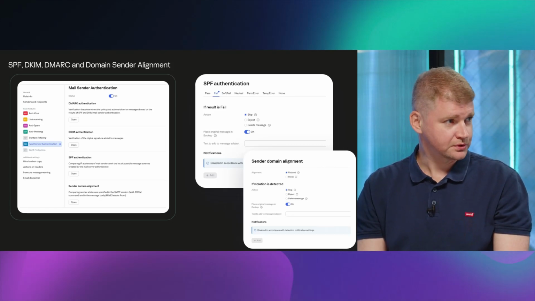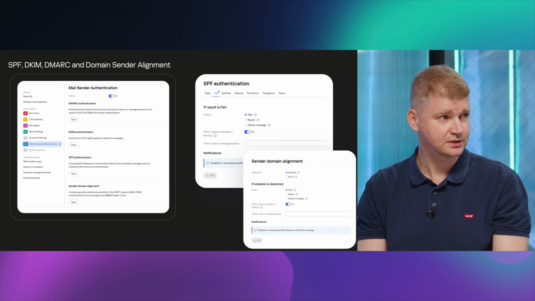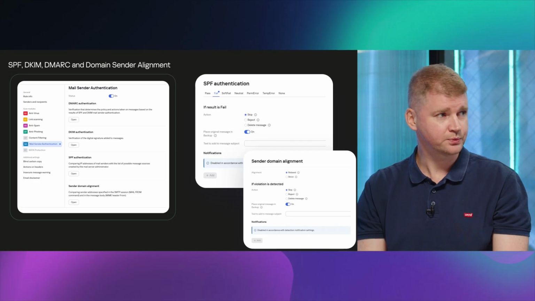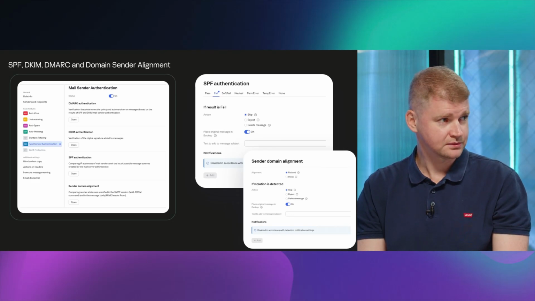So why is it important, talking about SPF, DKIM, DMARC? Because in real life, we see that companies, especially large enterprise companies, exchange emails with trusted partners and subsidiaries, and these companies don't follow best practices.